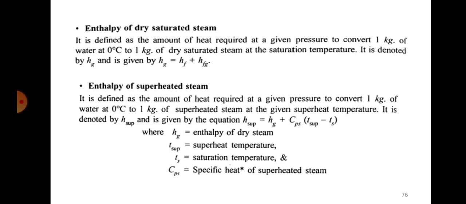Actually, it's the same formula, right? For enthalpy of wet steam it is Hf plus X into Hfg. So here also it's the same formula, Hf plus X into Hfg only. But X is how much here? Dryness fraction is 1 for dry steam, isn't it? So it is Hf plus directly Hfg, because there is no dryness fraction to be multiplied as 0.8 or 0.7. It is 1.